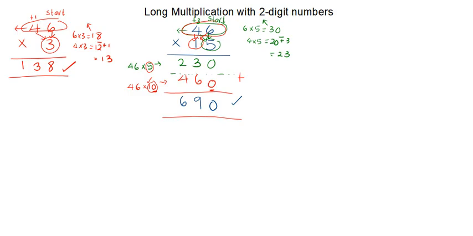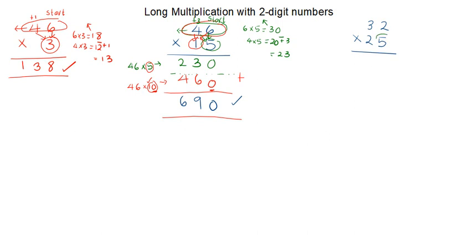So let's look at, let's try another example. Let's do that down here. Let's say we can try, let's say 32 times 25. Okay, so we're going to look at now 32 times 25. Right, now in 32 times 25, the first thing we're going to do is we're going to multiply